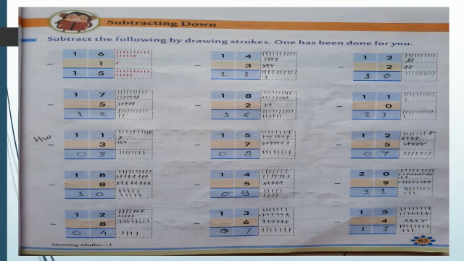Now we have to subtract 3. So we are going to cross 3 strokes from both the lines. Now count again the remaining number of strokes. What is that? It is 11. Means 14 minus 3 is equal to 11. So did you understand how we have to draw the strokes and how we have to subtract the numbers by drawing strokes? Now the rest of the examples you can do.